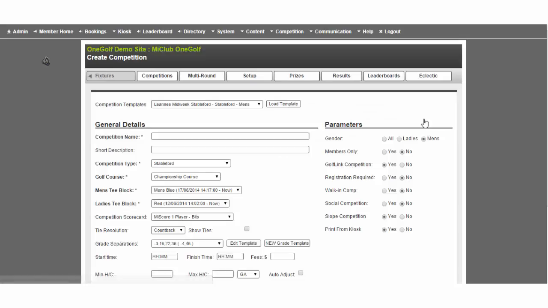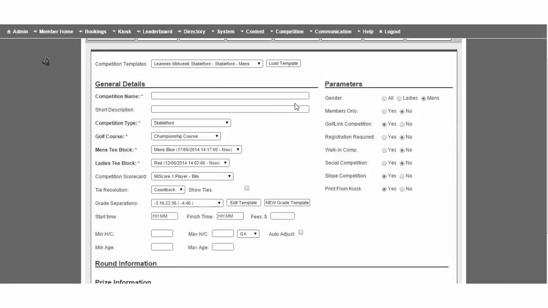The page which appears now is exactly the same as we saw before in terms of your competition setup screen, with the same parameters to put in, such as your competition name. You'll have all the same requirements such as your grade separations, your course information, your tee blocks, your competition scorecard, as well as all of the same parameters on the right hand side, including